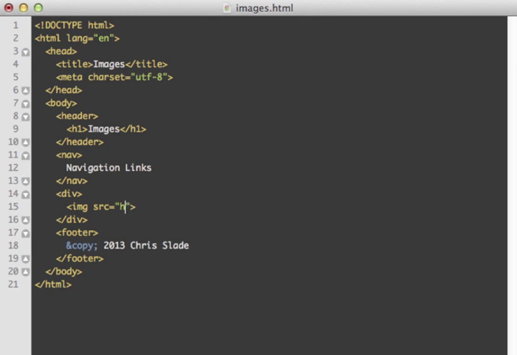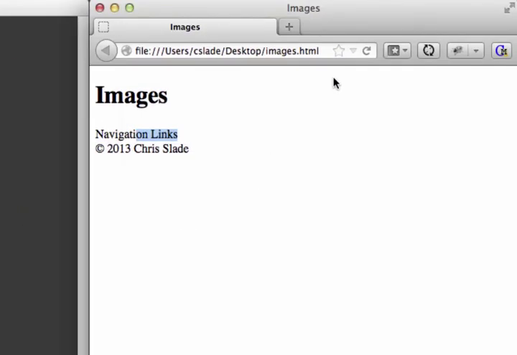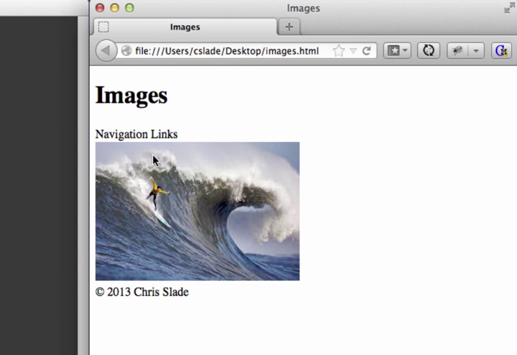So since I saved that image in the same folder that I saved this file in, I could just type the name of the image. So it's bigwave.jpg. Now sometimes there's an E in this as well, and sometimes it's just JPG, but it does make a difference. Make sure the extension is the same as the file you saved, and make sure that it is case sensitive, so this has to be the exact name of the file right there. So we can do that. And we'll load this up, and we can see that we have this picture right here, this guy surfing a